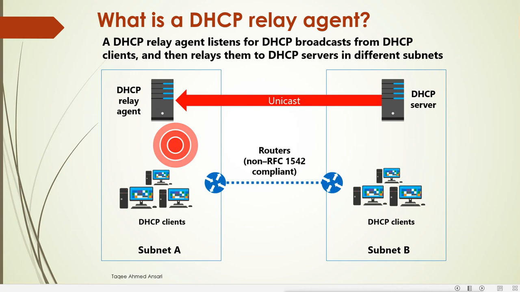So today what we have seen is what a DHCP server is, what the benefits of a DHCP server are, and how we can configure the DHCP server role in Windows Server 2016, how we can configure the DHCP scope with the configuration options, and how it provides the IP address to the client, and that we can configure the reservation also. And we can use the DHCP relay agent to get IP addresses from a different subnet if the DHCP server is located in a different subnet.